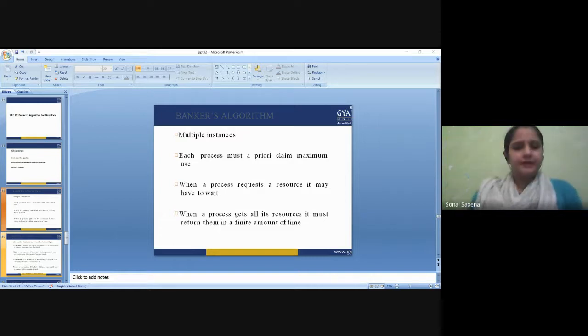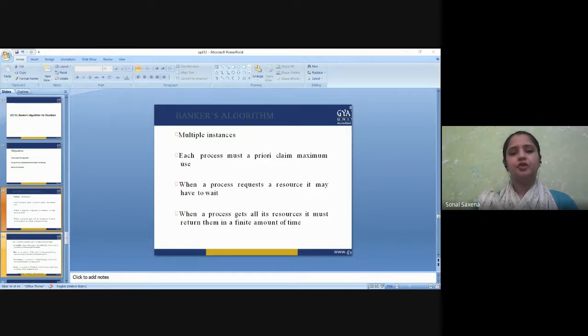So students, the Banker's algorithm is sometimes referred to as the detection algorithm. It is a resource allocation and deadlock avoidance algorithm. So do remember, it is a detection algorithm which is used to detect if a deadlock has occurred in your system, it is the one which can detect it for you. And it is majorly a resource allocation and deadlock avoidance algorithm.